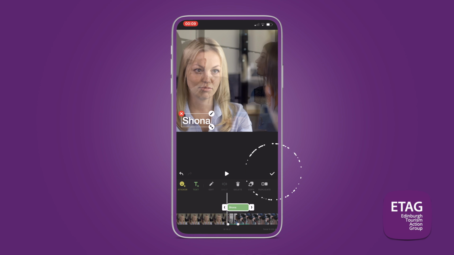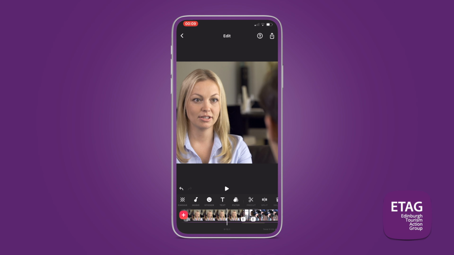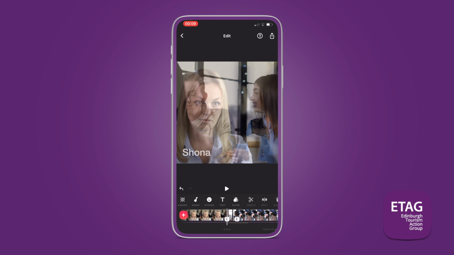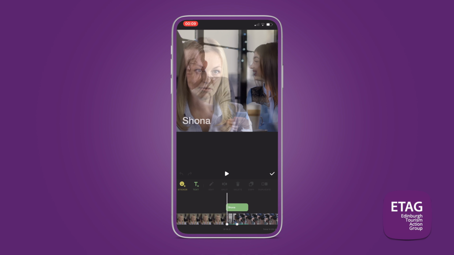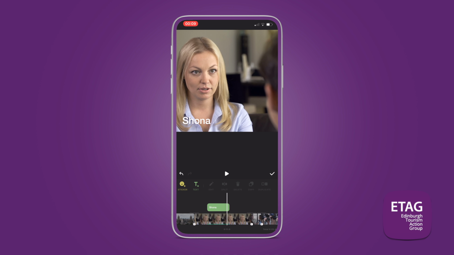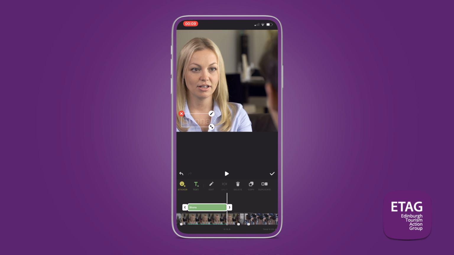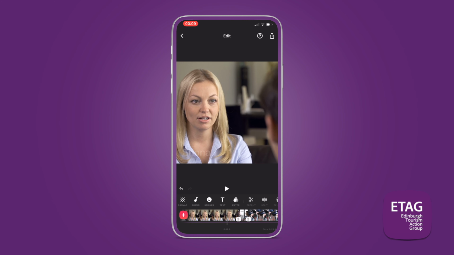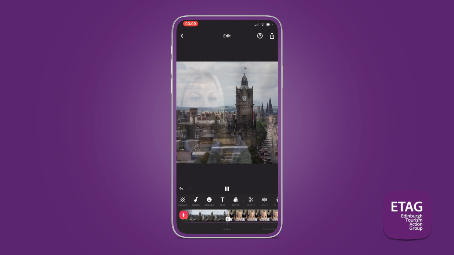Happy with that, so I'll hit the tick button, but as I can see, the text hasn't appeared at the right point, so I'm going to go back into the text part. I'm going to drag and drop it over here on the timeline to appear just here, and I'm going to tap on it and make it just slightly longer by dragging these tabs at the end. Happy with that, so as I scroll back,